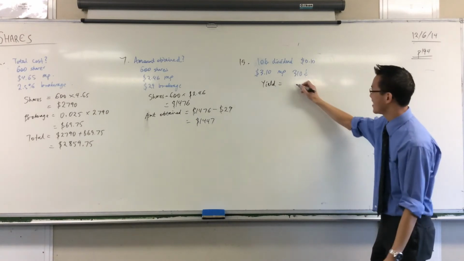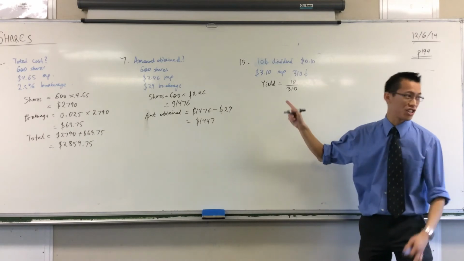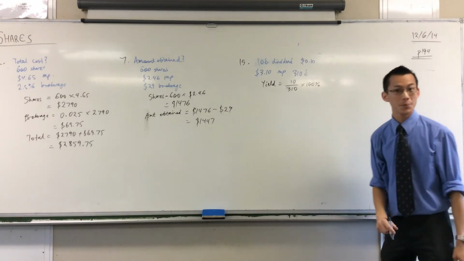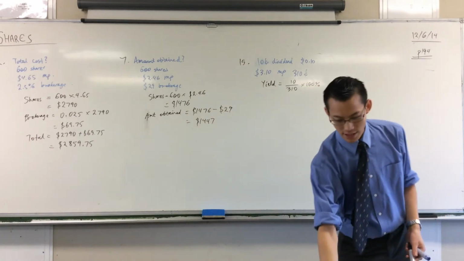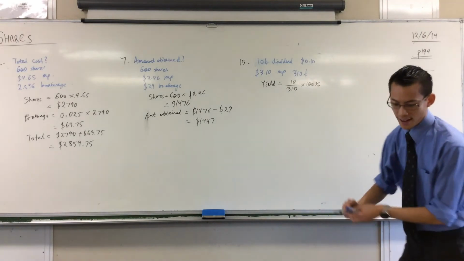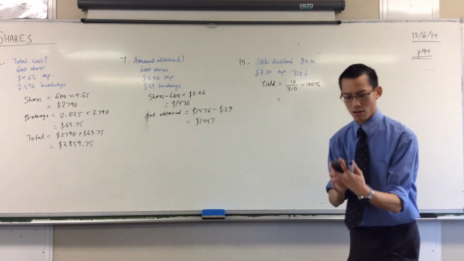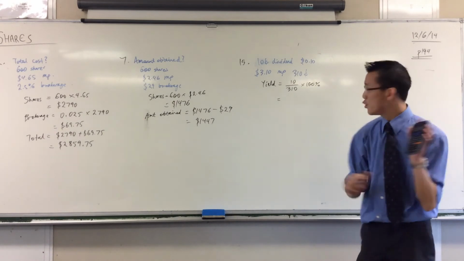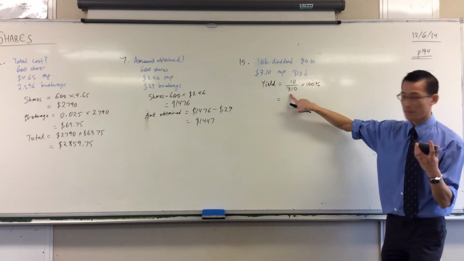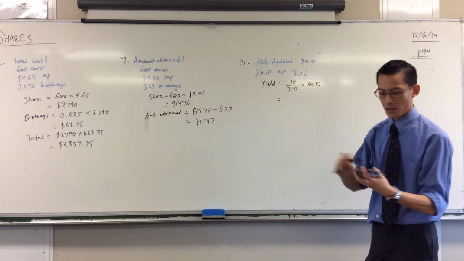So, dividend over market price. That'll give you a fraction. I want a percentage. Like so. Okay. So you reach for your calculator. 0.03225806. Okay. Wait, hold on a second. Now, 0.03. So if you just do this part, you'll get your 0.0322 and so on. When you multiply by 100, that'll give you your percentage, right? So that's